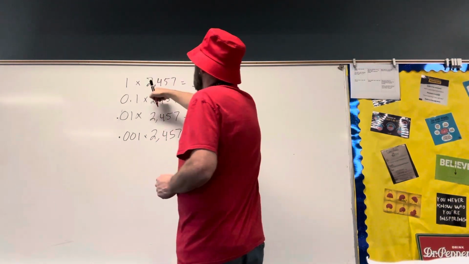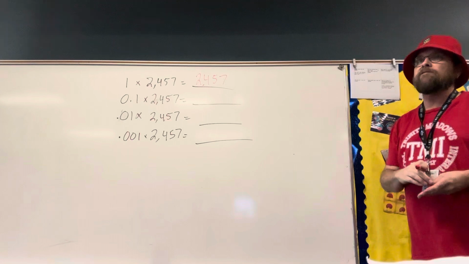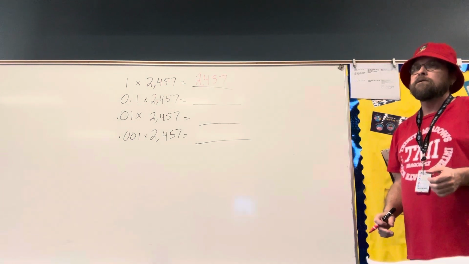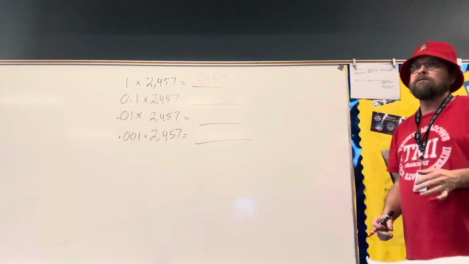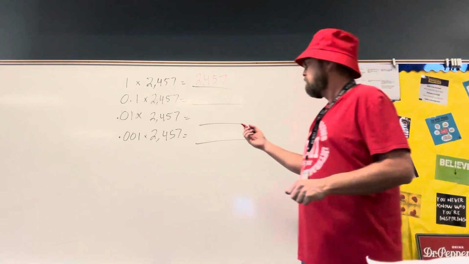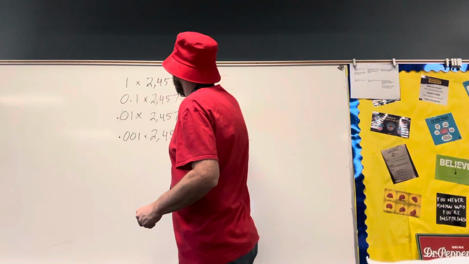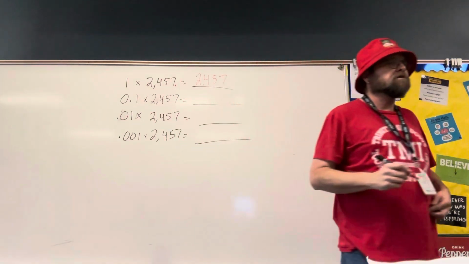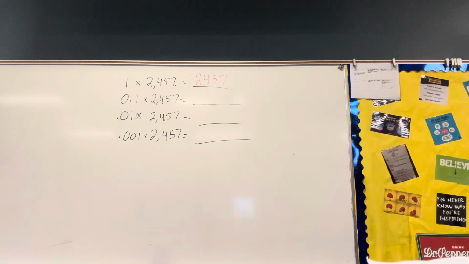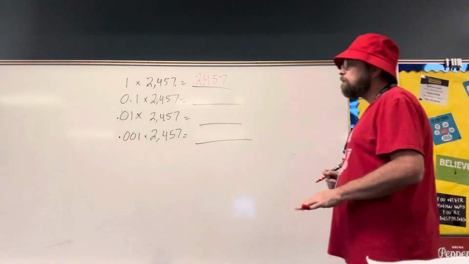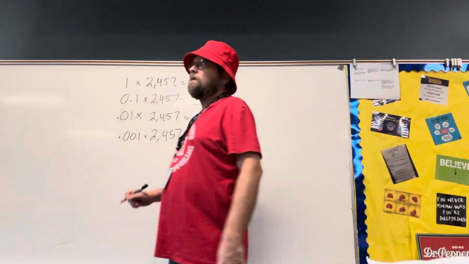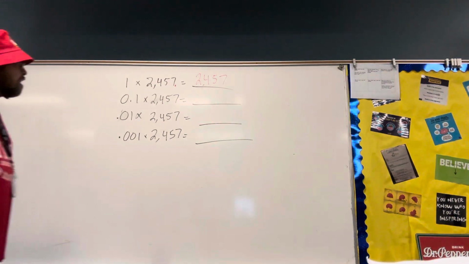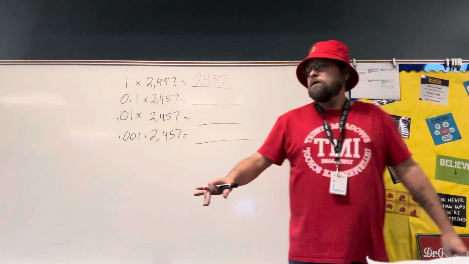Where is the decimal point in the number 2,457, Keaton? What number's in the ones place, Keaton? Oh, the 7. The decimal point's always behind the ones place. If you don't see it, it's there. It's just invisible, you can't see it. And again, all right. So Serena,